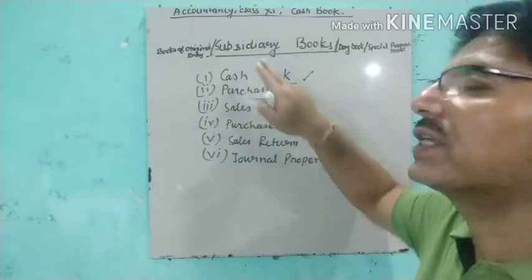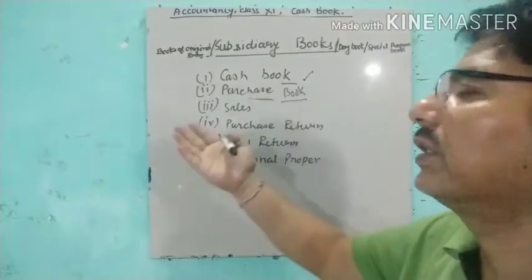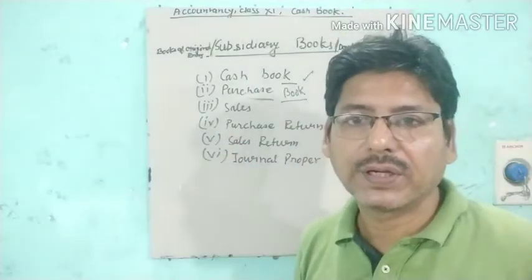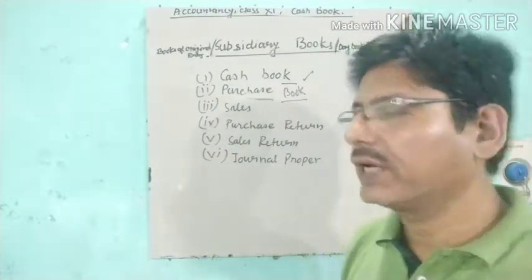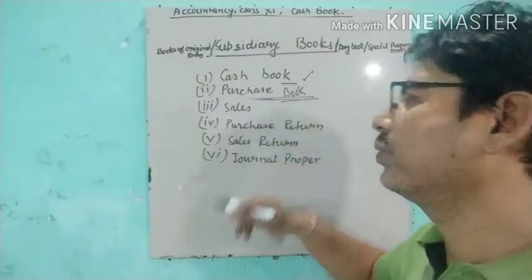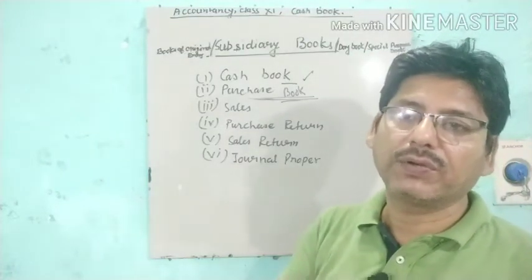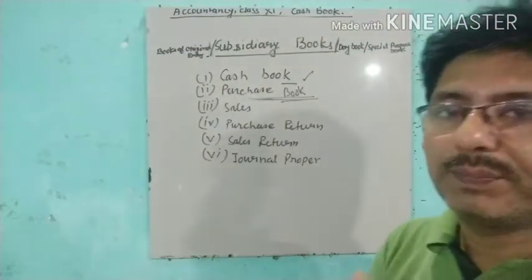But when goods are purchased on credit, those transactions are recorded here in the purchase book. With this we can know how much total credit purchases there are in a particular time period,